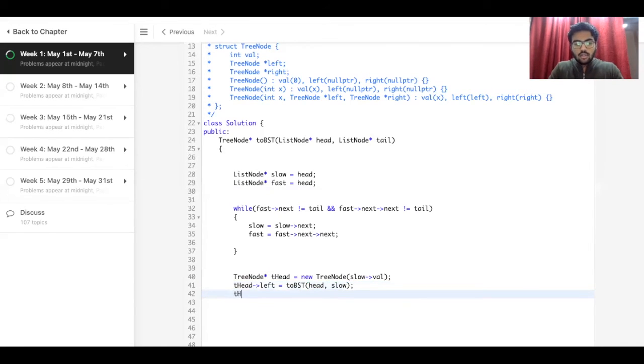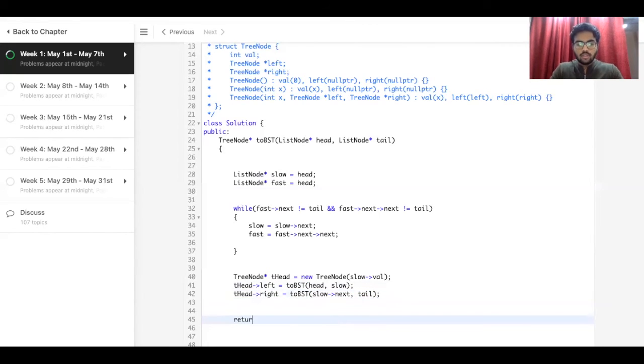For the right side, we will write to_bst of slow next, till tail. Slow is basically the middle of the linked list, so everything before that would be on the left side. T head left gets head till slow, and T head right gets slow next till tail.